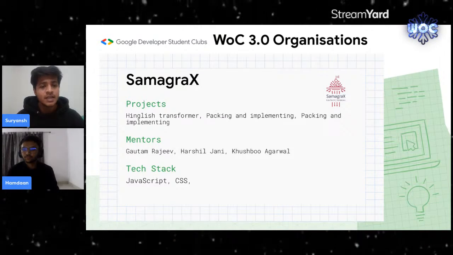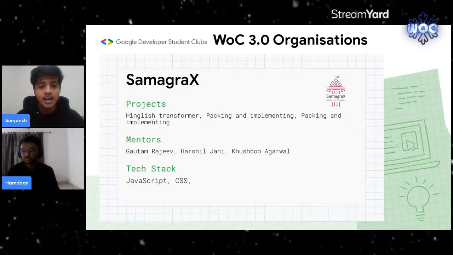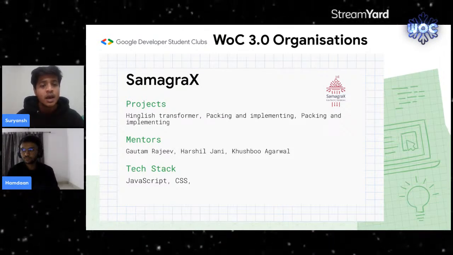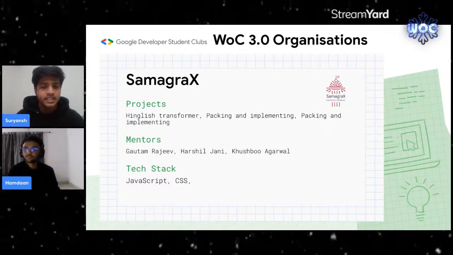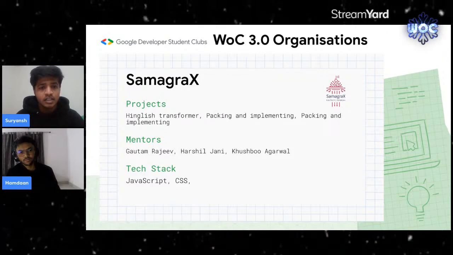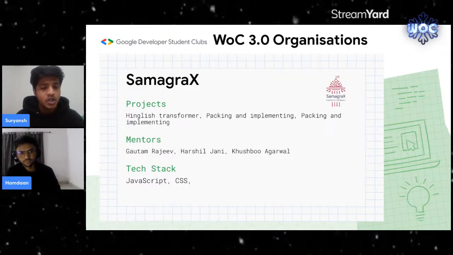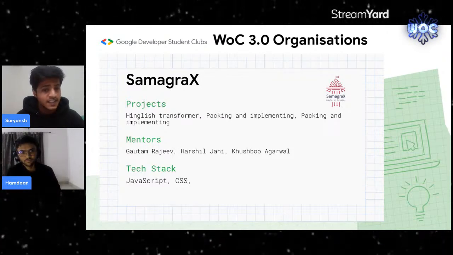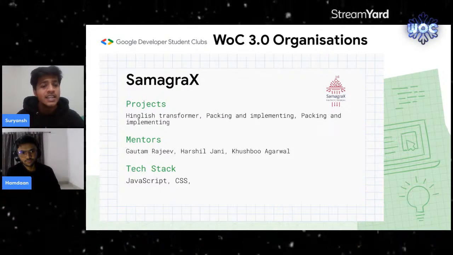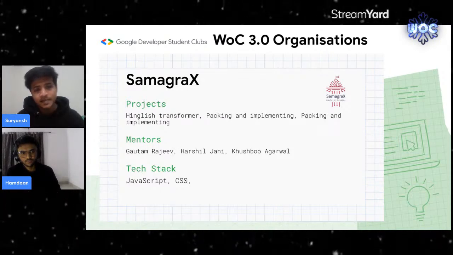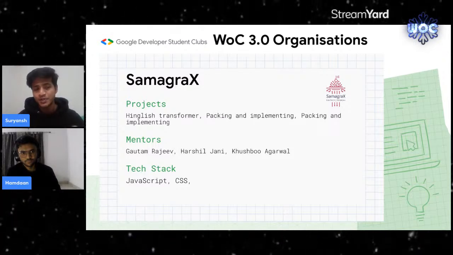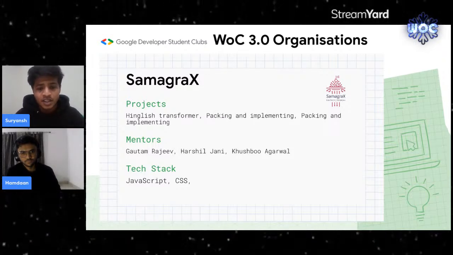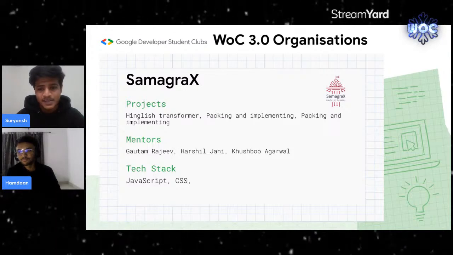Next up is Samagra X. Projects are English Transformer, packing and implementing. Next is packing and yeah. And mentors will be Gautam Rajiv, Harshal Jan, and Khushbu Agrawal. Tech stacks are JavaScript and CSS. I know most of you are front-end developers, so there are a lot of projects for you guys. So yeah,